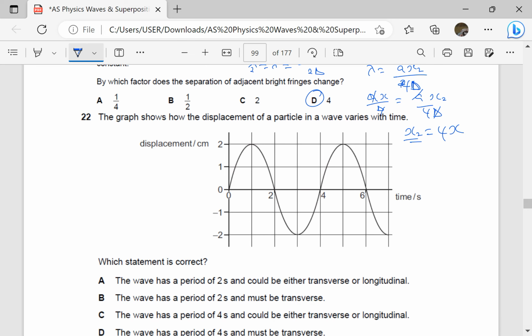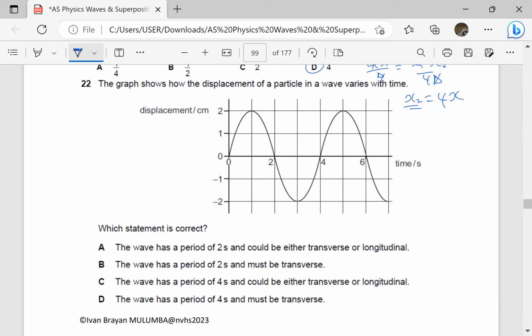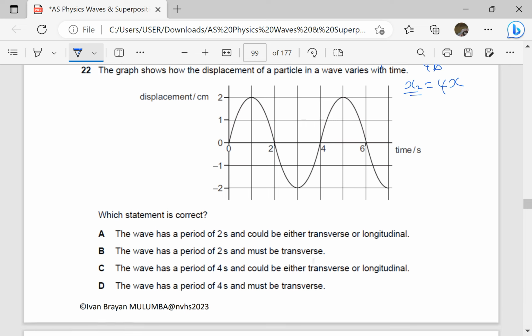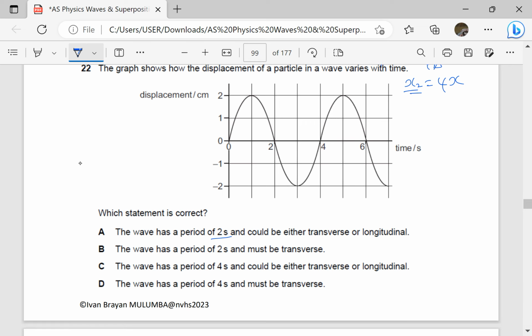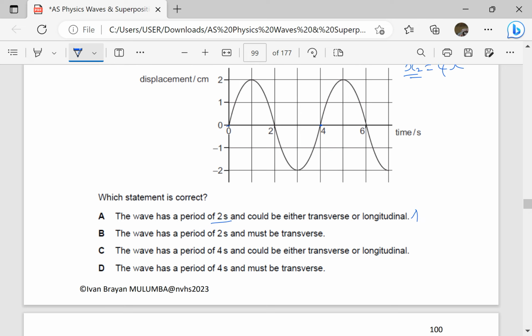The graph shows how the displacement of a particle in a wave varies with time. Which statement is correct? The wave has a period of 2 seconds. Let's check the period. The period is 4, so this one is wrong. The wave has a period of 4 seconds, which is true, and it could be either